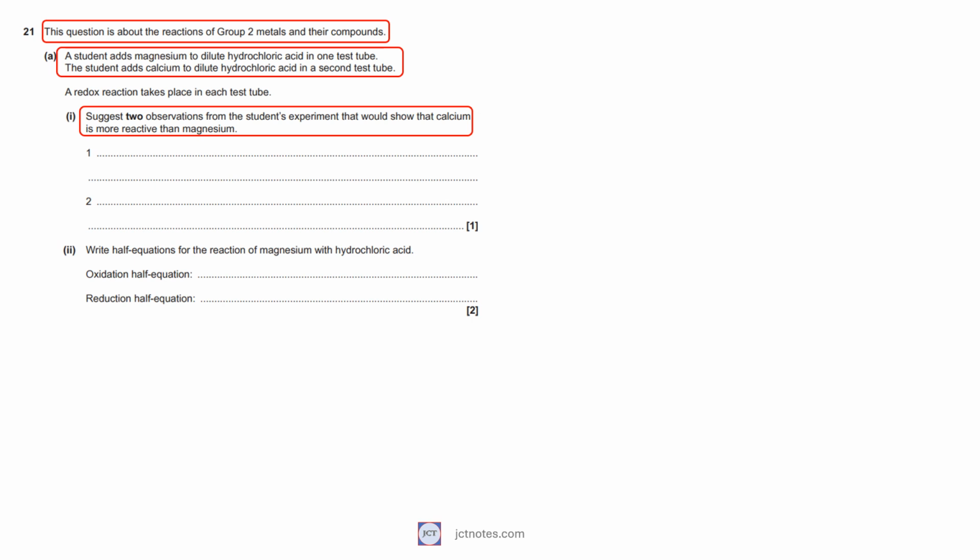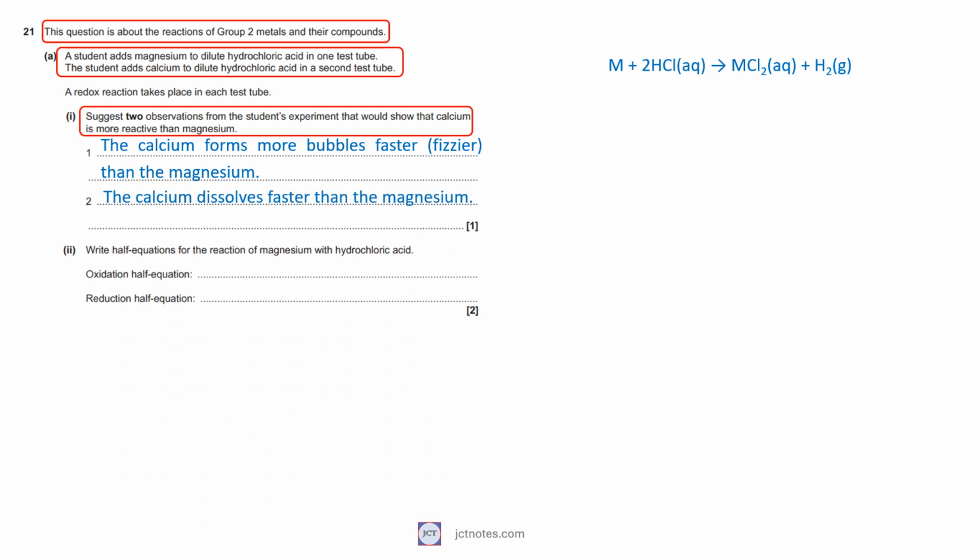The general reaction when the metals of group 2 react with dilute hydrochloric acid is to produce the relevant chloride salt and bubbles of hydrogen gas. The student would observe that: first, the calcium forms more bubbles faster than the magnesium. Second, the calcium dissolves faster than the magnesium. In the second question,